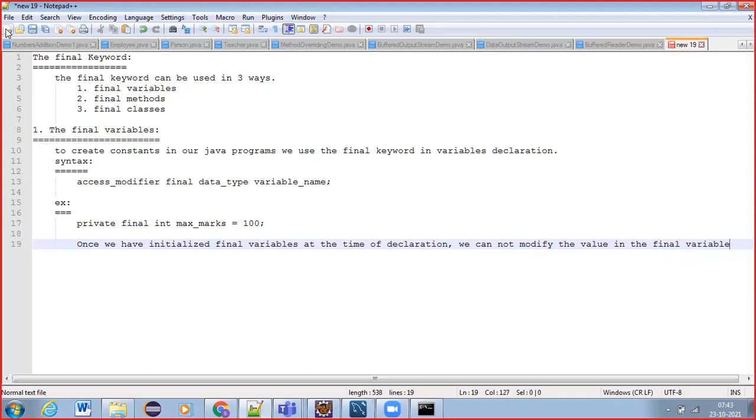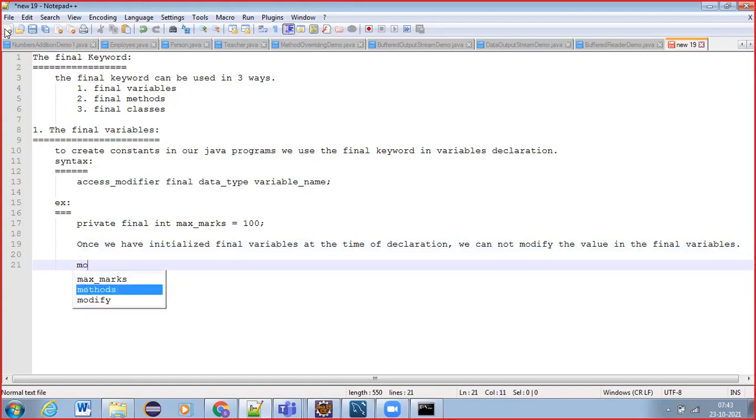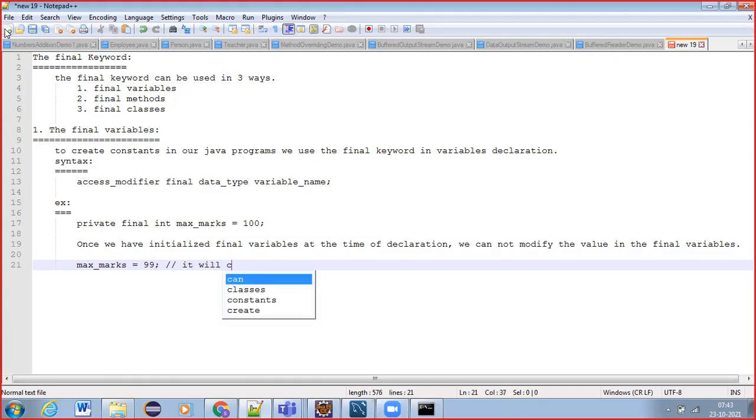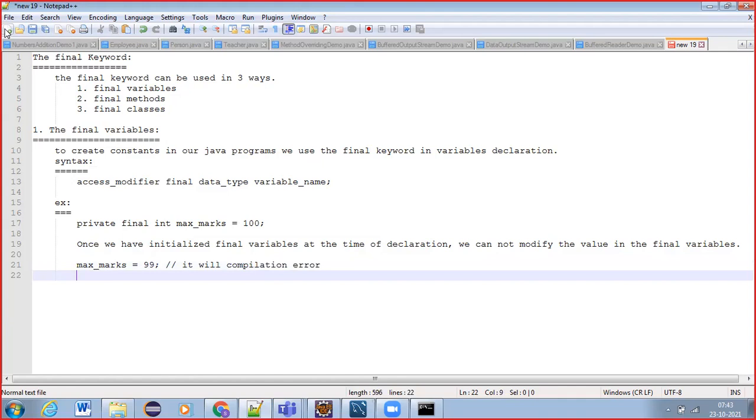Once we have created it, throughout the program the value will be 100 only. You cannot modify it. Even if you try to modify max marks equals 99, it will give you a compilation error.